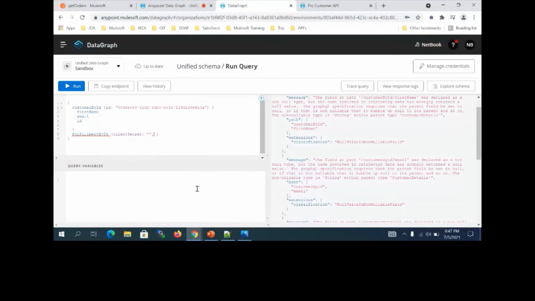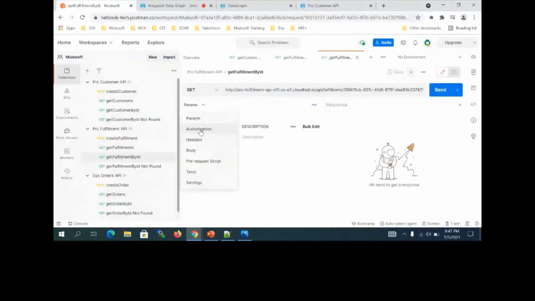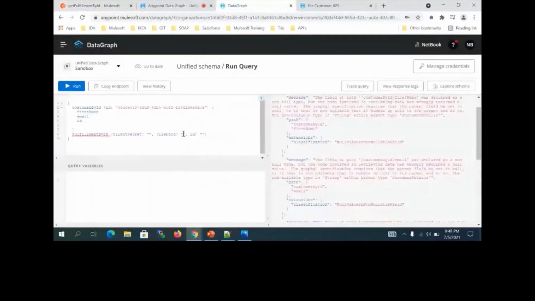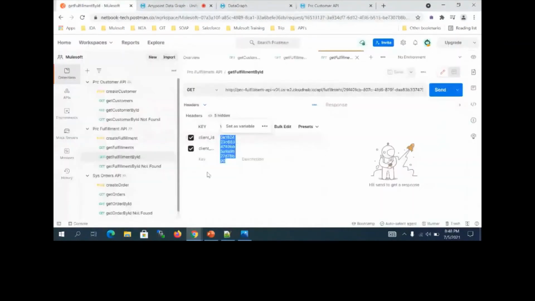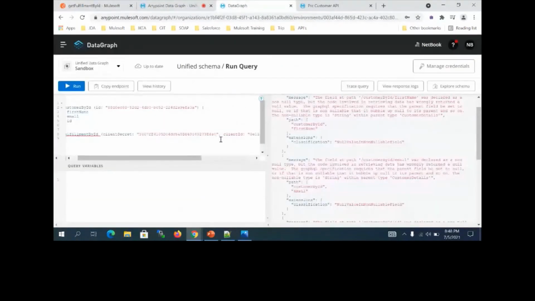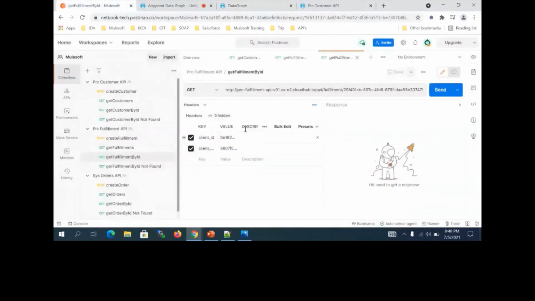So now let me get that client ID and secret from here. My API already has this client ID. Control A, Control C, and I'm going to pass this client ID over here. And then I have a client secret over here, I'm going to pass it over here. This is how we can pass the different secure mechanisms. Because when you add it in a data graph, during that time itself it will configure them as query parameters over here. Username and password also are going to be passed as they are like this.